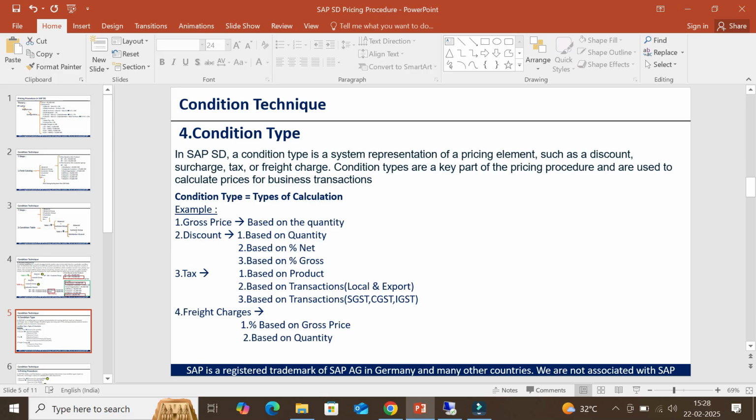So in the condition technique we saw so far, number 1 is the field catalog, number 2 the condition table, number 3 the access sequence; these are all settings. The condition type is where we decide what type of pricing information needs to be reflected in the sales order. Condition type equals types of calculations. For example, gross price: based on the quantity, we can calculate the basic price of the material. And number 2, a discount